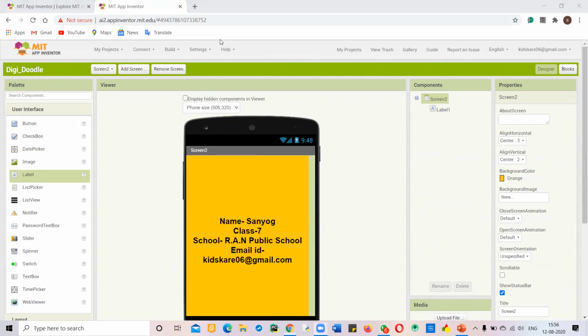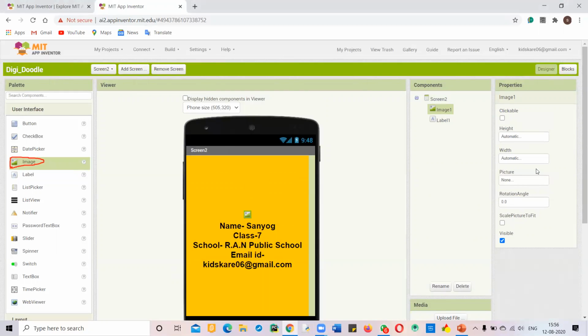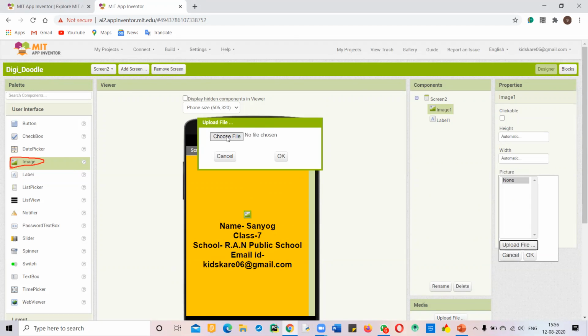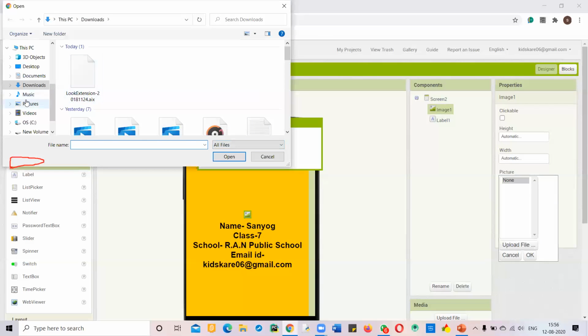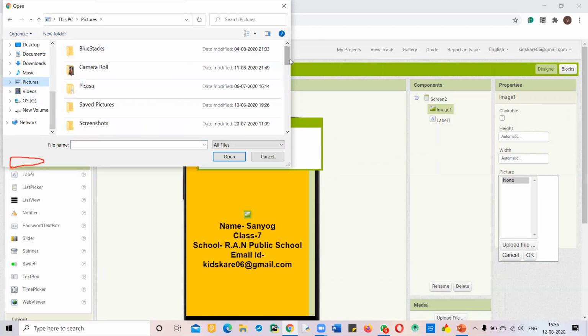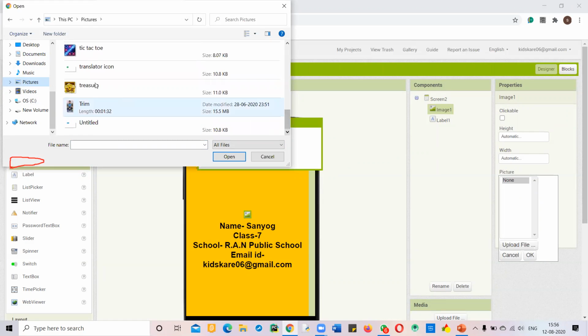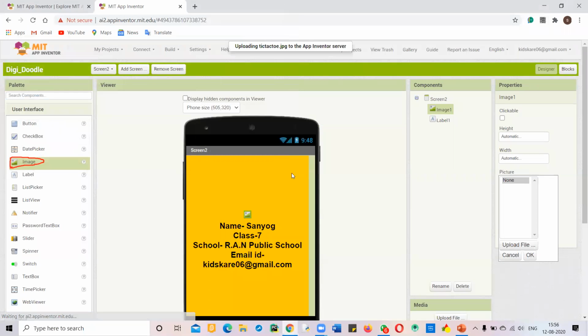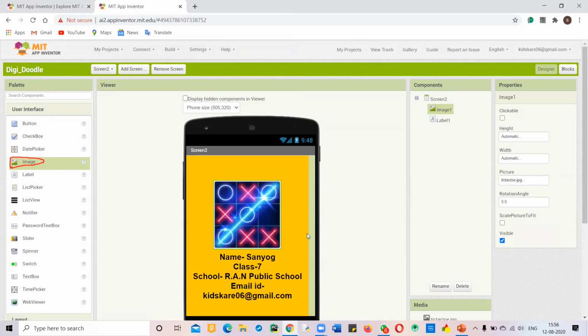So now quickly drag and drop this image component into your screen like this. And now you have to upload. I told you what is the source. The picture part is the thing we will upload. It will look there for the picture, and that it will upload. So I am taking any random picture that I will find. So I will upload this picture, but you have to upload a picture of yours.